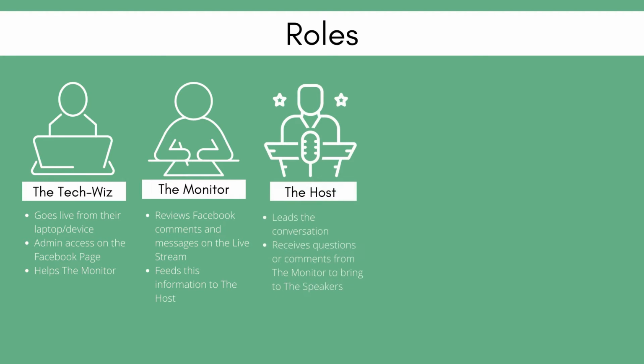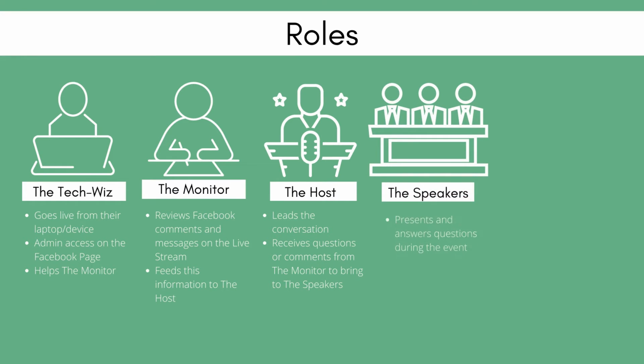So that brings us to the next person that we want to assign a role to, and that is the host. This is a typical role at an event anyways, so this is the person that will be leading the conversation. They'll be sent any relevant questions from the live stream to address themselves or to bring to the other speakers. The monitor can send questions and comments from Facebook to the host through a conversation within the Zoom or Teams account chat function or by sending texts or WhatsApp messages. That's something that can be decided between the two of them.